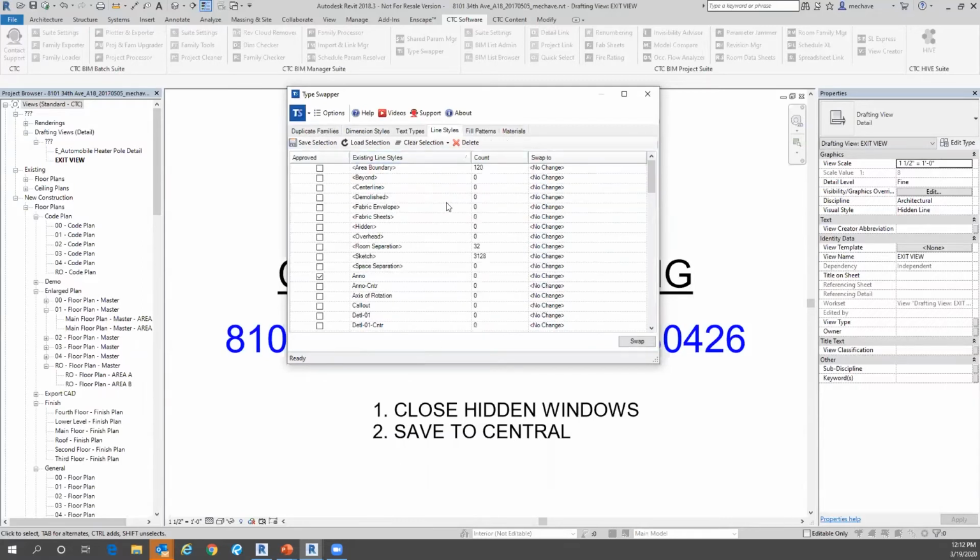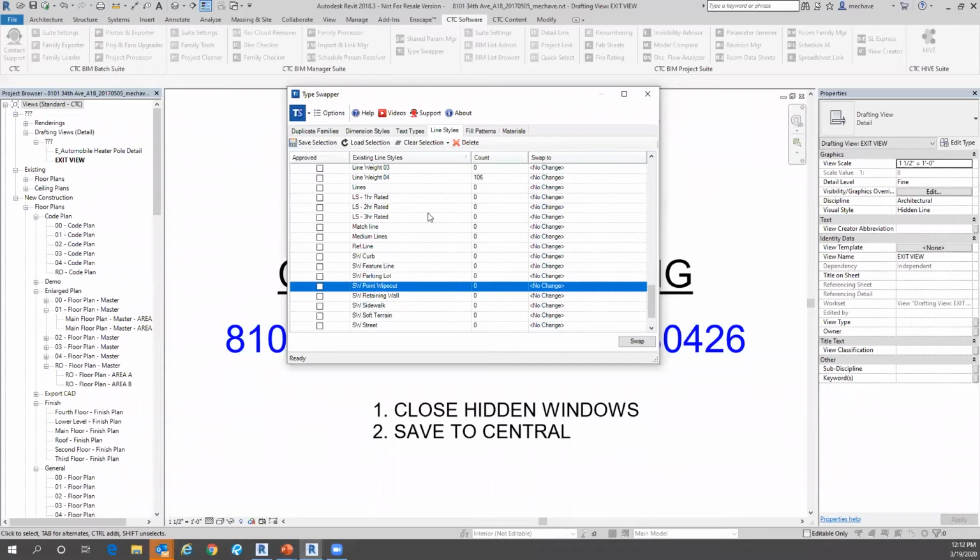You also have line styles, which is huge. This is also a great way to see if you have people in your office exploding details from AutoCAD. Maybe you're still doing the transfer from Revit to AutoCAD and you're having these instances placed in your project, and you want to know if someone's importing or exploding in details from AutoCAD. You can go in here and automatically see maybe these line styles that are actually the same that we have already in AutoCAD are being instances placed in our project here,